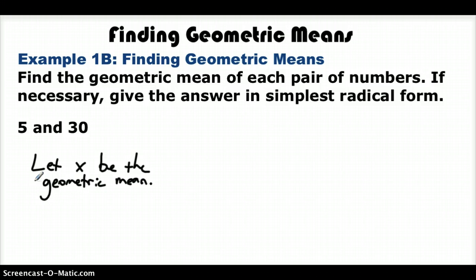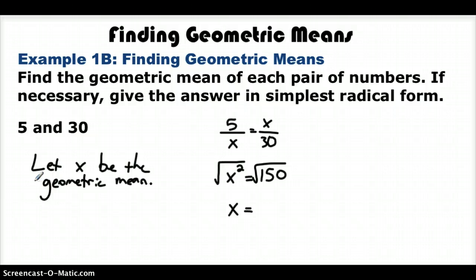Okay, and I'm just going to set this problem up now as if 5 is going to be the extreme on the low end. 5 over x equals x over 30, where 30 is our extreme on the large end. And so now if I use the cross products property here, I will get x squared equals 5 times 30, which is going to give me 150. Okay, now I have to take the principal root of each side. I know that the opposite of squaring something is taking the square root of each side,